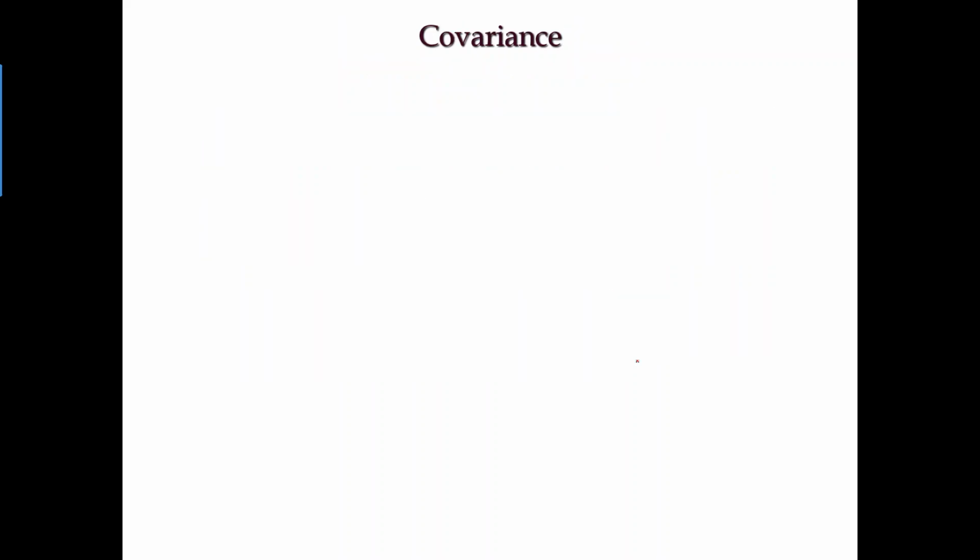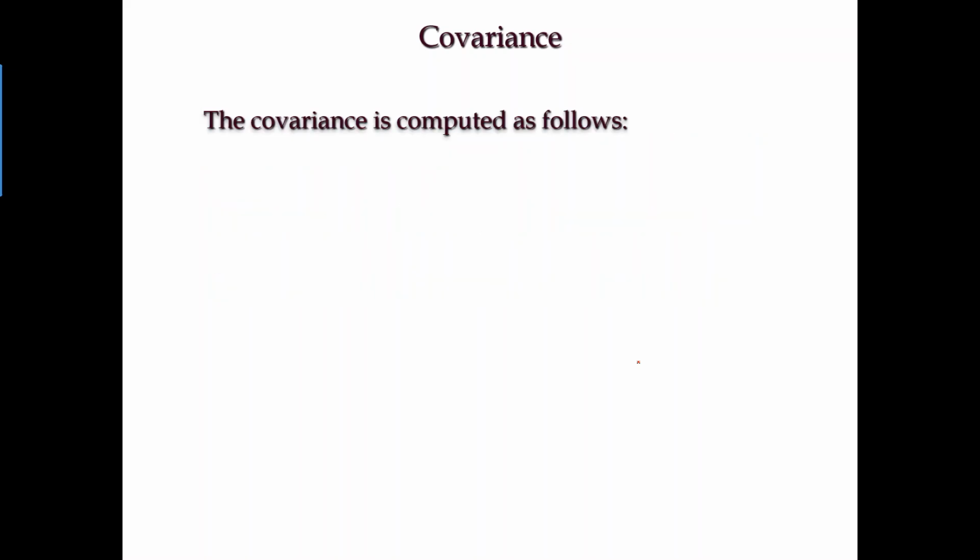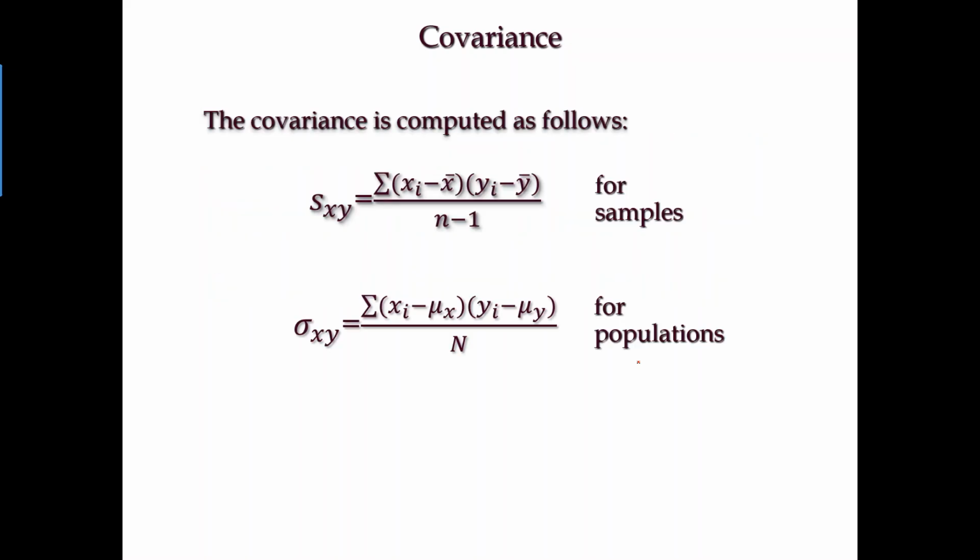So first, we're going to look at the covariance. I will show you the formulas, and please don't spend your time memorizing the formulas. This is the formula we use to calculate covariance. What I want to emphasize here, first of all, is the notation. Notation is the only thing you need to remember. We're using S to represent the sample. We're using the Greek letter sigma to represent the population. We are using the subscript XY to represent that this is looking at the relationship between the X and Y variables,